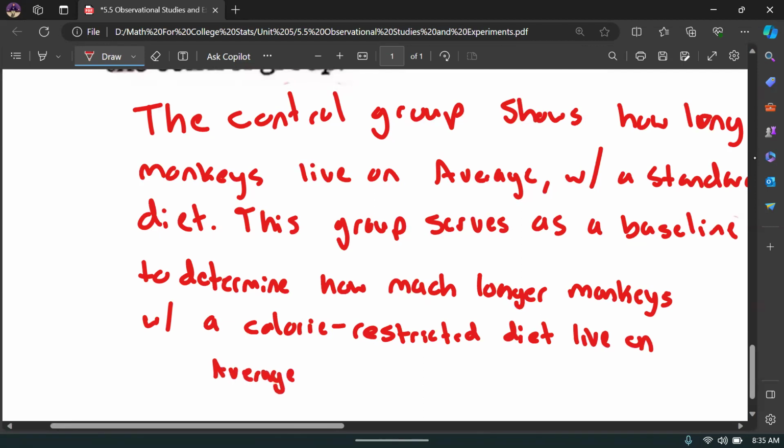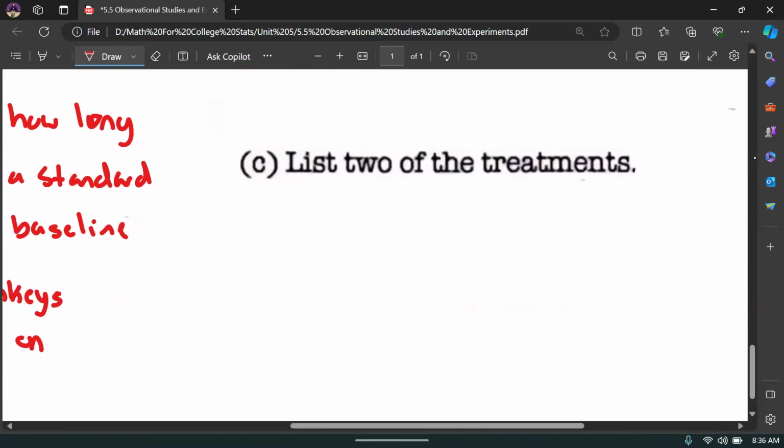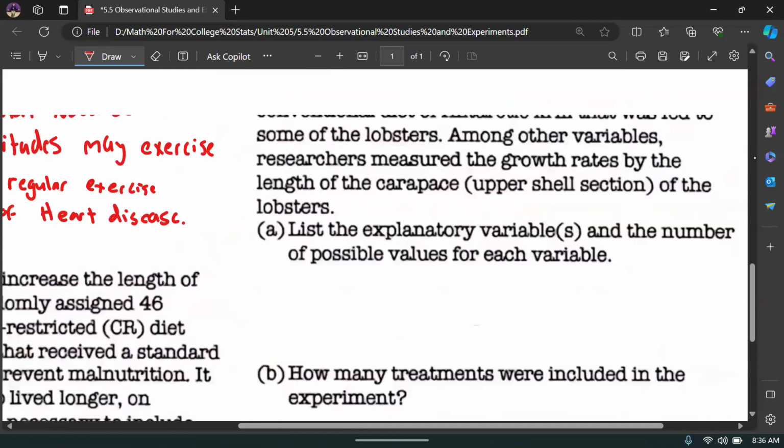Right. So again, it's creating a comparison. We can compare with the control group, where we are able to compare standard diet monkeys with these calorie restricted diet monkeys to see which group is living longer and by how much longer. But without the control group, we can't make a comparison. All right, and then finally,